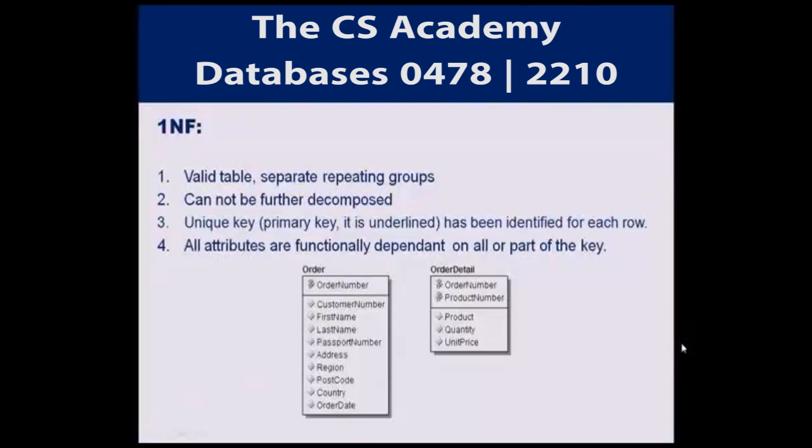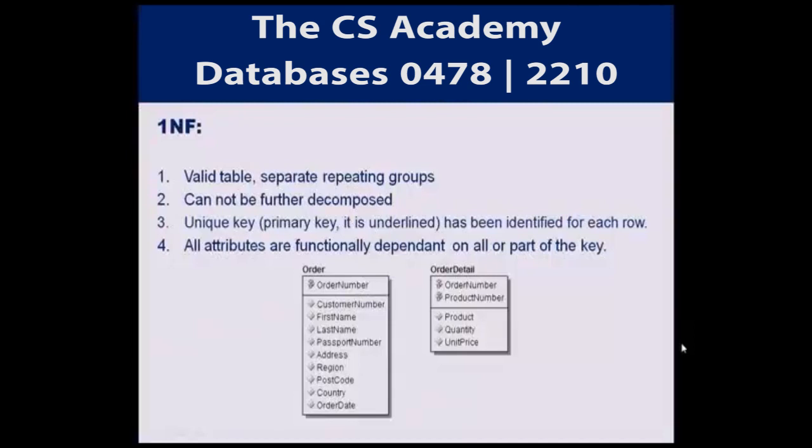Let's suppose there are fields which can be divided up to some extent. Let's suppose you have 16 or 20 fields, and you have divided one table into 8 fields, the second table into 4 fields, and the third table into 4 fields. You have to decide with that vision. You have to keep the foreign key and primary key in both tables, and you will be connecting each relationship with the master table. The primary key is the unique key. It is underlined, you will always see that it is underlined. It has been identified for each row.